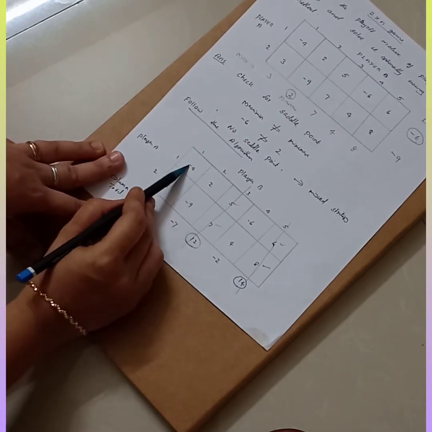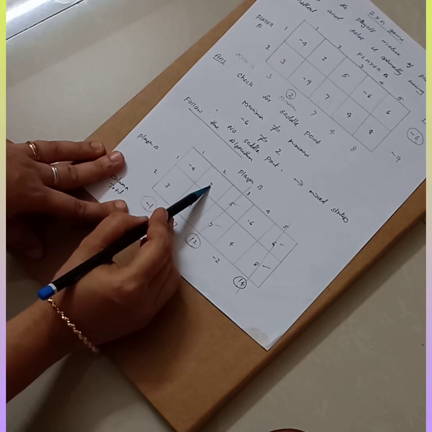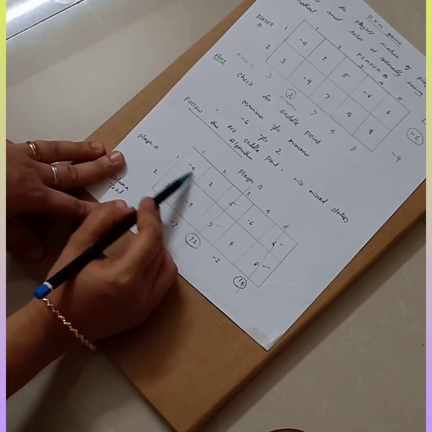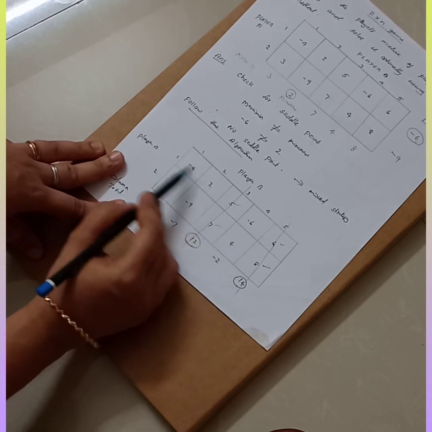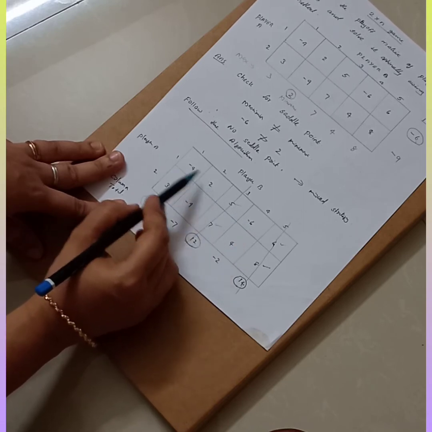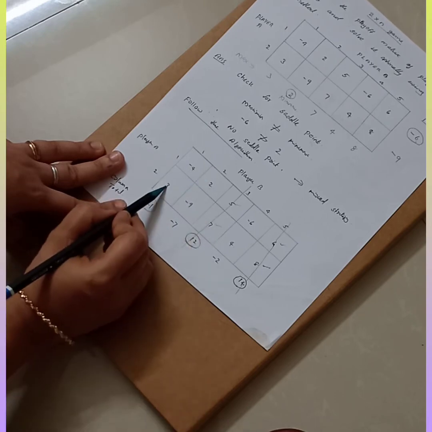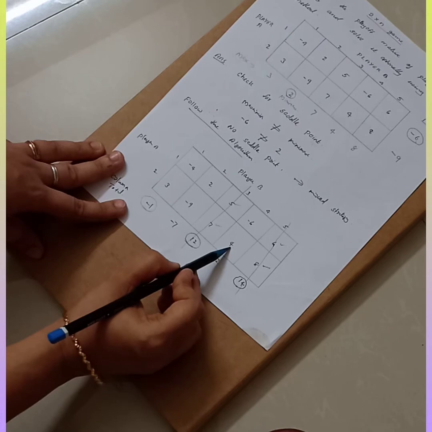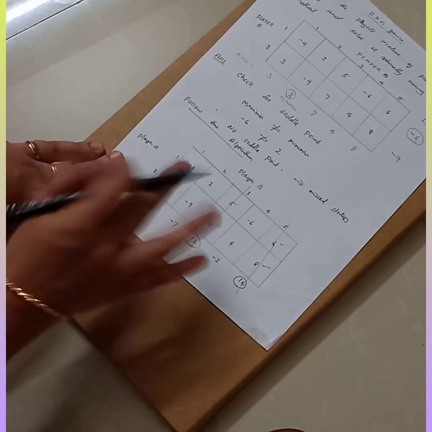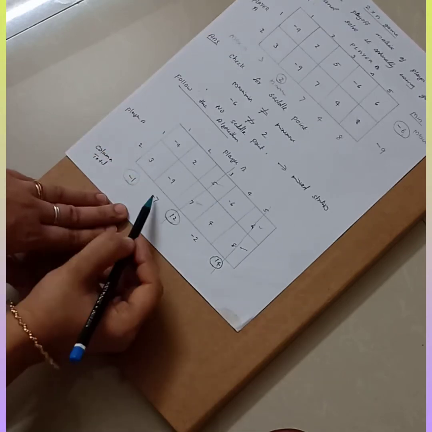Now minus 4 is not greater than 2. Minus 4 is greater than minus 6. But here minus 4 is not greater than 2. So here there is no dominance. Again look at 3. 3 is definitely greater than minus 9. But 3 is not greater than 4. So here there is no dominance. So you need not strike off that. Then which is the next highest value?